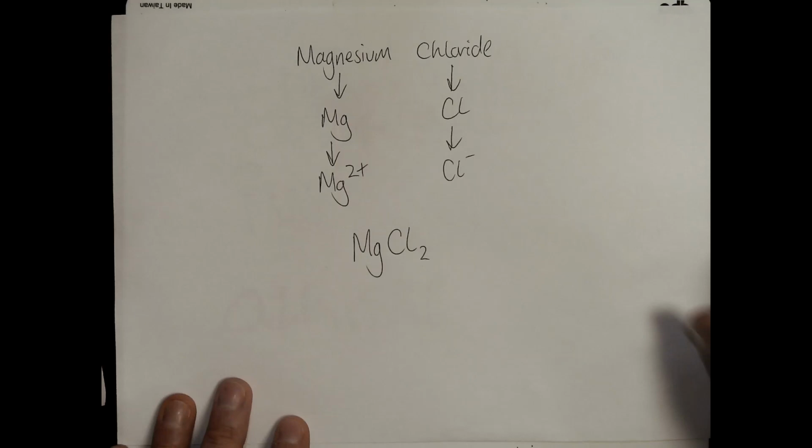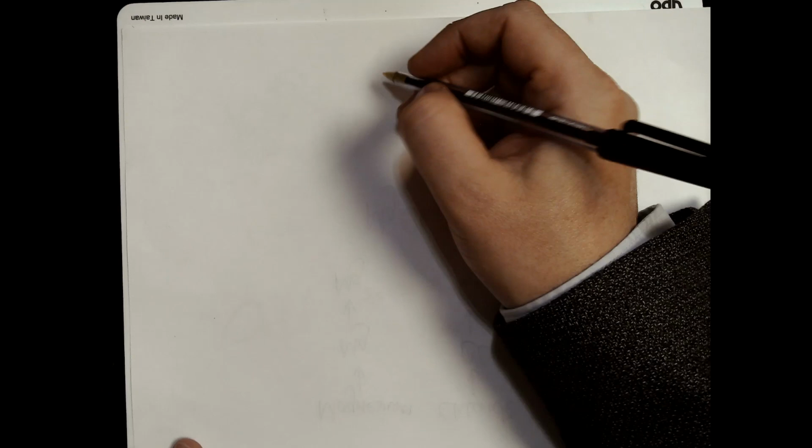Okay, now there are a number of ions that you need to know the charges for. Sulfate ion, nitrate ion, and hydroxide ion. Now sulfate ion has 2